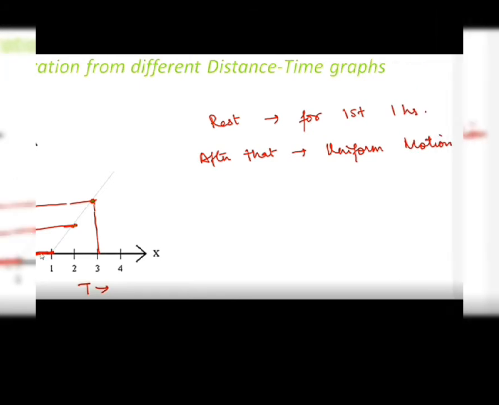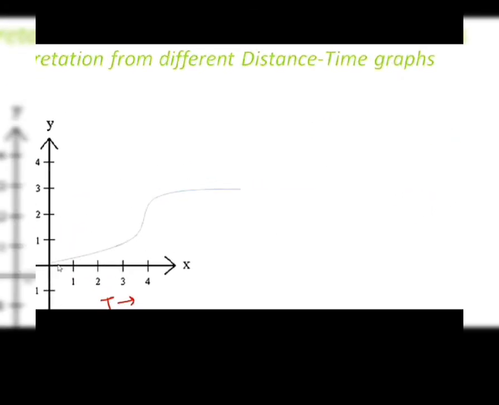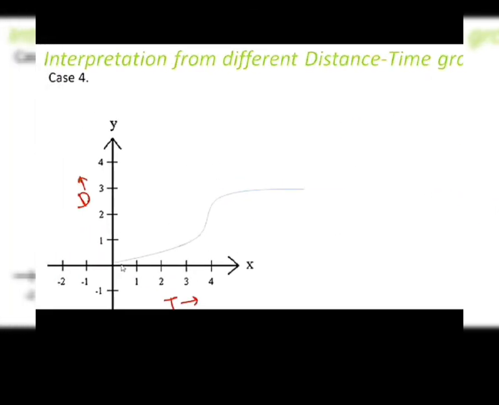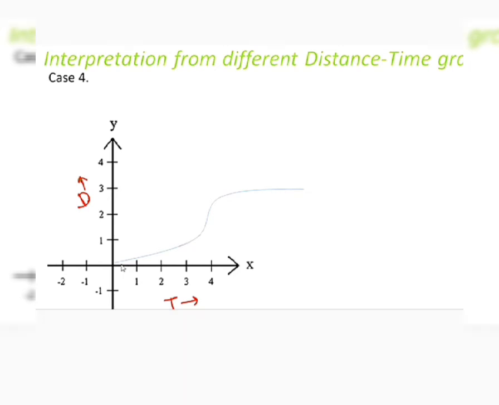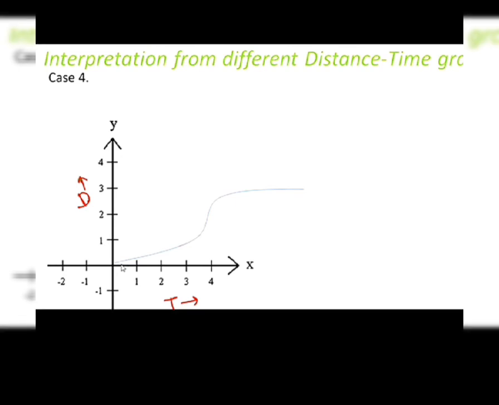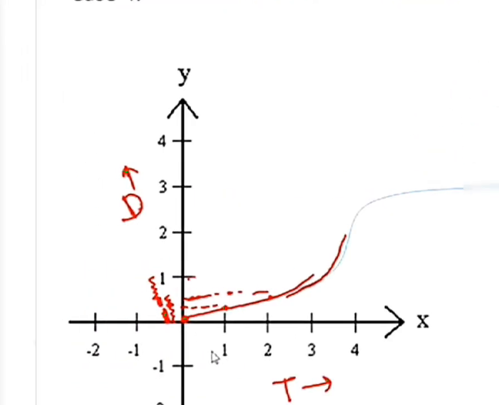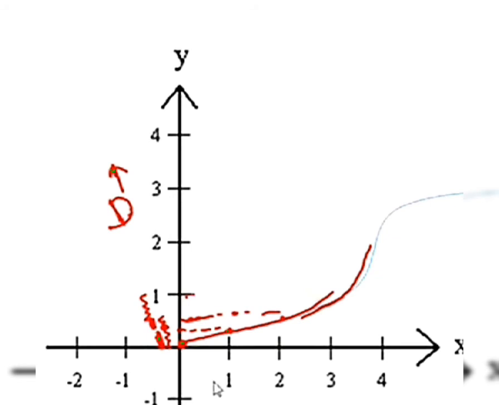Now let's look at the fourth scenario. Here you see that you have a curved line for the distance time graph, right? What kind of motion does the object have? Here also you see the distance increases with increase in time, but the distance doesn't increase linearly. If you see in the first 1 hour, the distance increases from this point to this point, right? This much is the distance covered in the first 1 hour. In the next 1 hour, it again increases from this point to this point. Only this much distance. Again in the third hour, you see the distance covered is more.